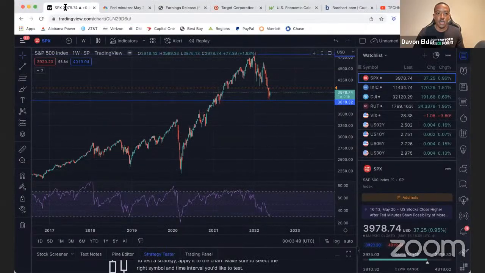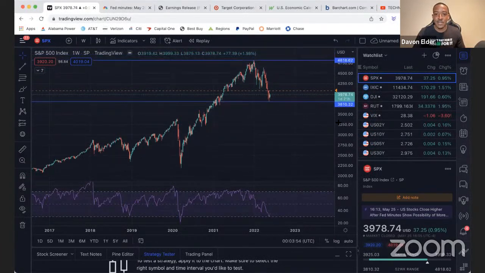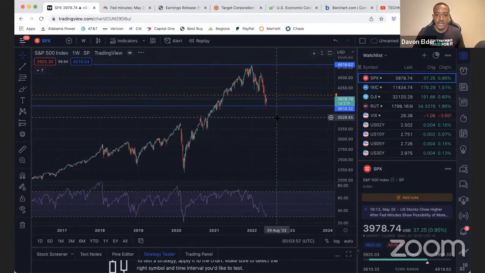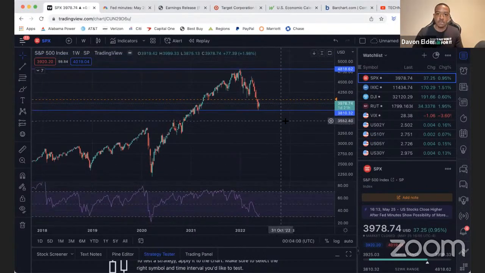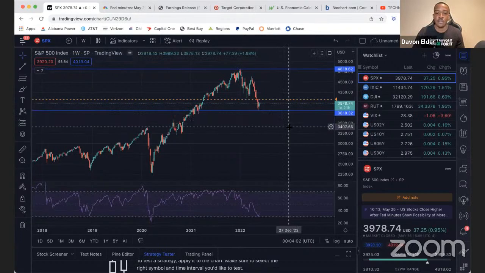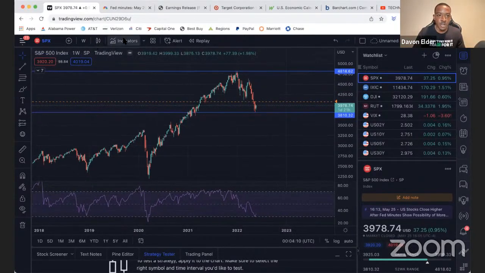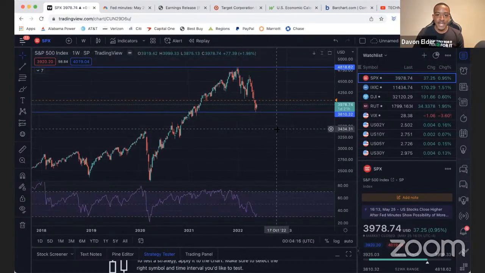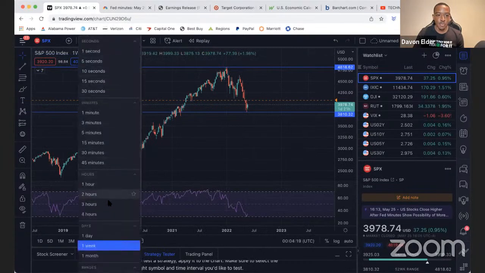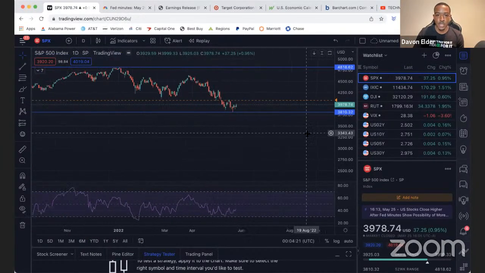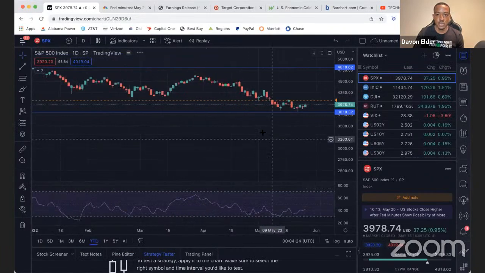All right, so we're going to start out with the chart. We're really finna get into the bag tonight, y'all. I really want y'all to understand. We're going to break this down from a technical standpoint, and then we're going to look at it from an economic standpoint and look at some key metrics to help us out. So to start off, we're looking at the S&P 500 index, the SPX. I always like to start with the granddaddy of them all. We're going to start with the market to see what's going on.